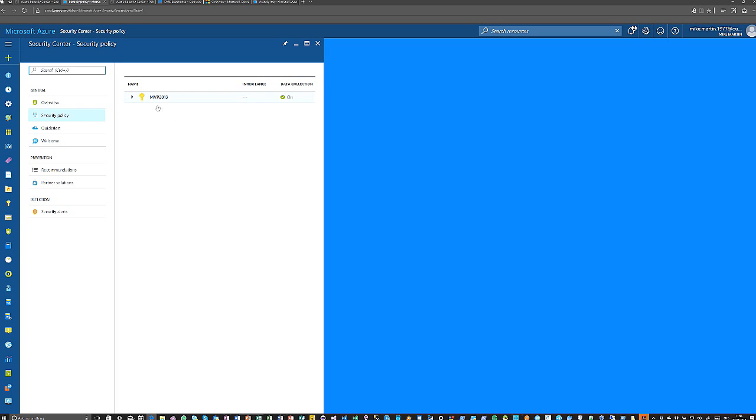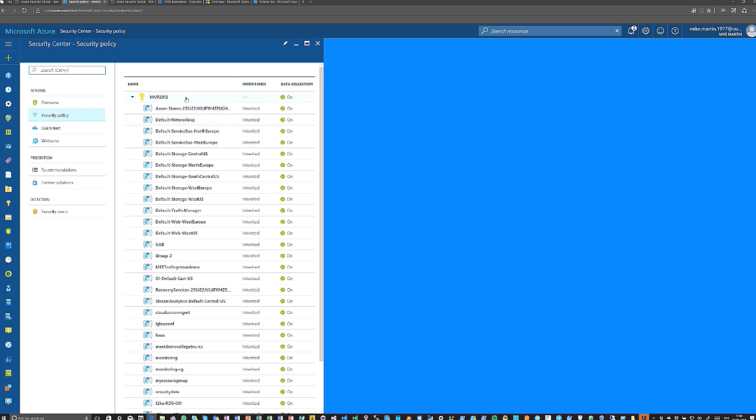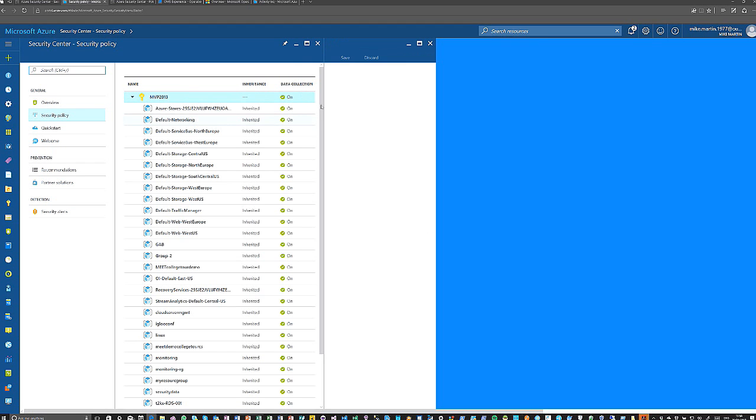As you can see here, I put it active on my entire subscription. If I open this one up, you can see all the policies that are being applied. And you can try that, and the good thing is that OMS and Security Center come for free for the most part. Even if you're running only 1 or 2 VMs, you can actually use OMS very, very cheaply.